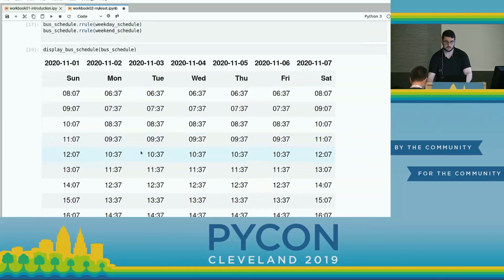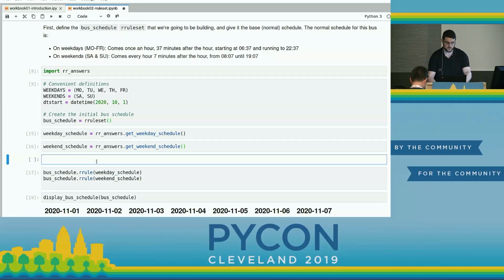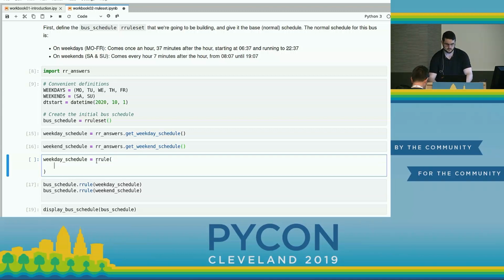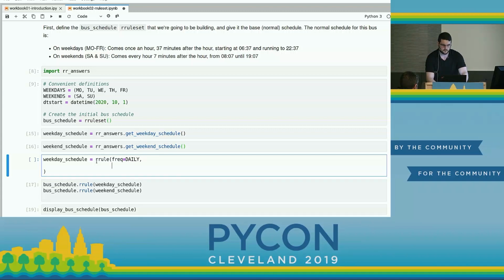Now I have these. Okay, but I'm going to go through quickly how I would do the weekday schedule one. So we'll say weekday schedule equals RRULE. And you can use a daily rule or a monthly rule, or an hourly rule or whatever. It doesn't really matter. I'm going to use a daily rule because there will be fewer things filtered out. Freq equals daily, and then we know that we want to start equals, let's say, we already have our DT start at the top,